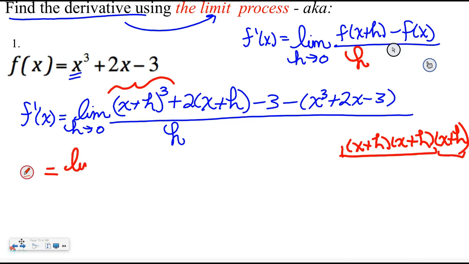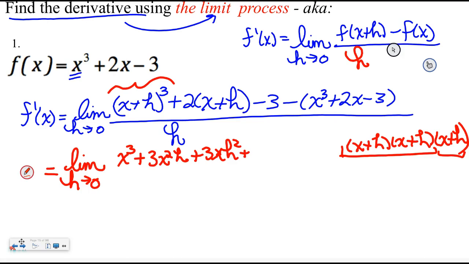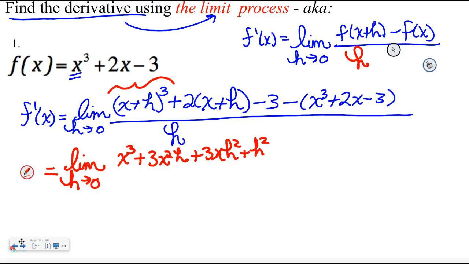I'm going to use the expansion theorem. You don't need to have this memorized. Just be able to multiply it out if you had to. But I do x cubed, h to the 0, plus 3x squared h to the first, plus 3x h squared. The power on one of them goes up while the other one goes down, and I get the coefficients from Pascal's triangle because I just have it memorized. But this is what you would get if you manually multiplied all this out, which is what most of you would do anyway. So there's my x plus h cubed, and then I'll have plus the 2x plus the